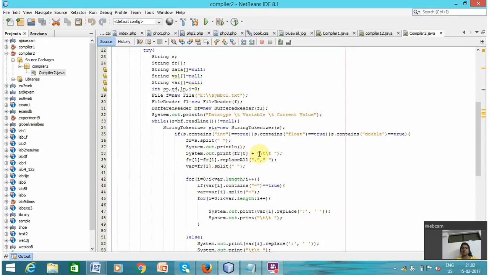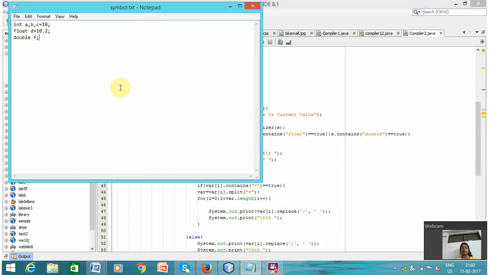So what happens here is, int gets printed, and f1 contains all the rest of the string. There all the commas are replaced by a blank space, and then we split f1 according to the blank spaces and store it in where. Now we run a for loop through where, and if the content has an equal to, so here we've split it according to space, so it will be like a b c = 10. Then if there is an equal to, we split